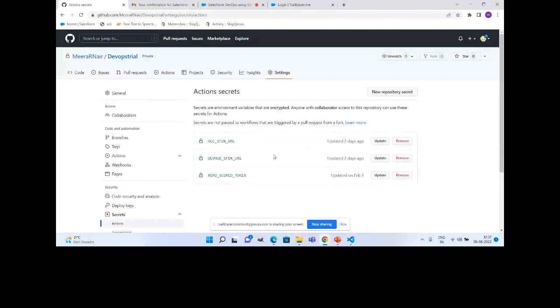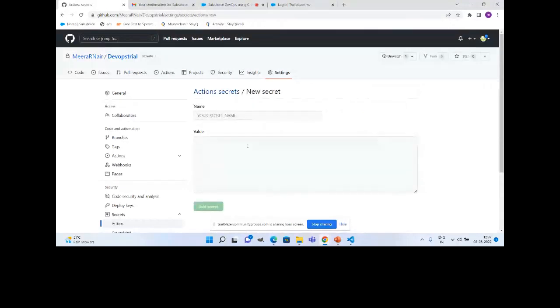For example, you can see I have got these two, like dev hub. This is my source environment to which I'm currently connected and doing development. And this is the dev hub instance, from which I'm going to spin up a scratch org for verification purposes. So this is the auth URL for that. And this is the destination, the environment to which you are going to deploy. You will be able to easily create a new repository secret by clicking here, entering your name and entering the value.